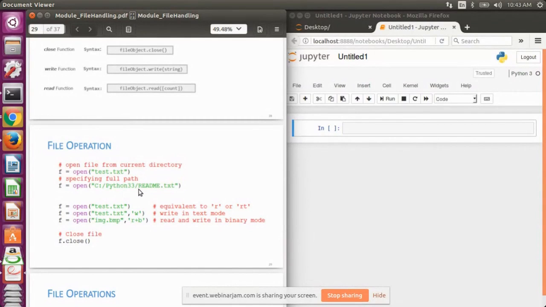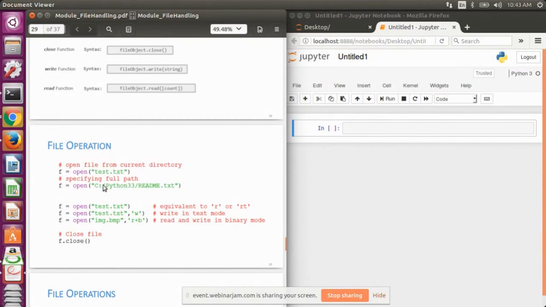So basically, if you are storing a file in a folder that does not contain your Python code, then you need to mention the complete path, and that path can be an absolute path, or you can also define a relative path. Absolute path means the complete path from the root directory.